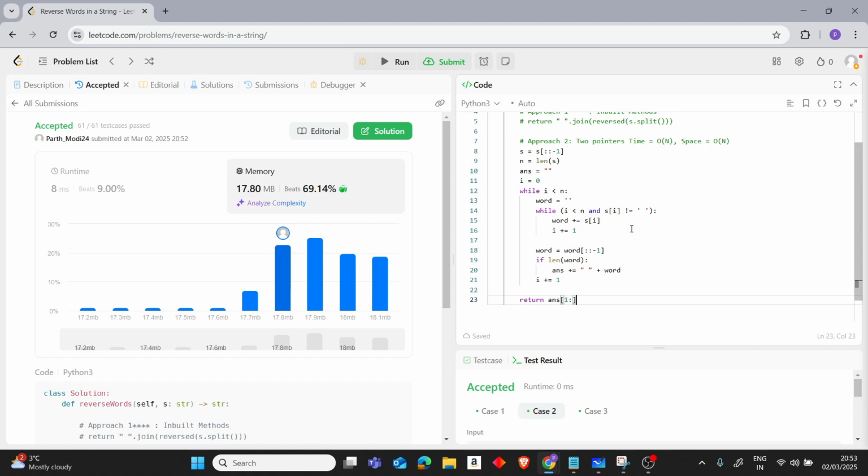And for this we can also use two pointers, but with in-place modification. So here we haven't used in-place modification, right? We are using another variable to store our answer and then we are giving it as an output. But let's use the third approach, which is in-place modification. So what's that approach? Let's